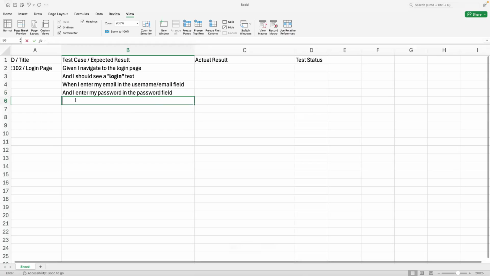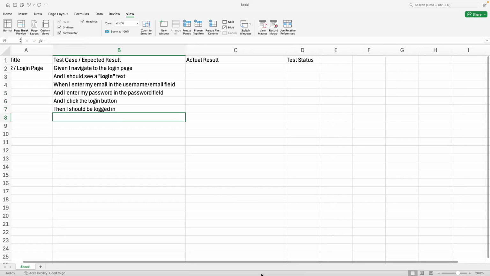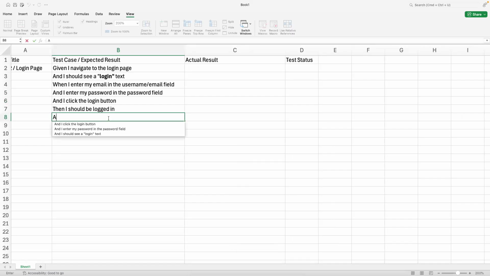Then what should happen once we log in? We should be logged in, right? Right. So once you are logged in, what should you do? At least let's say, and I should